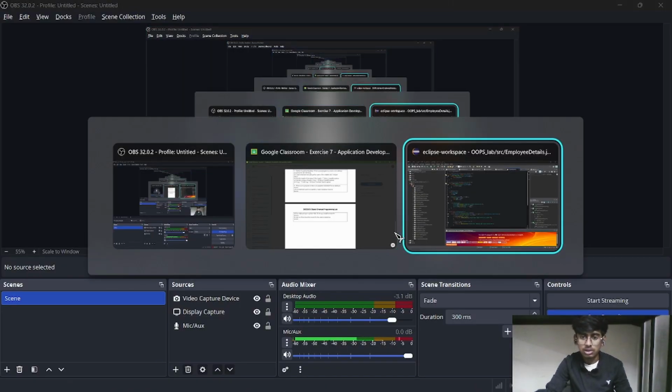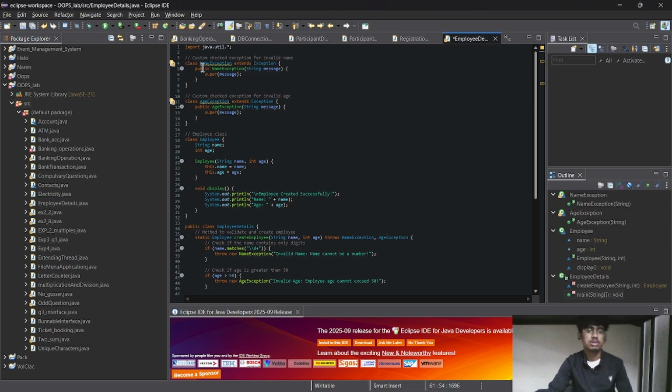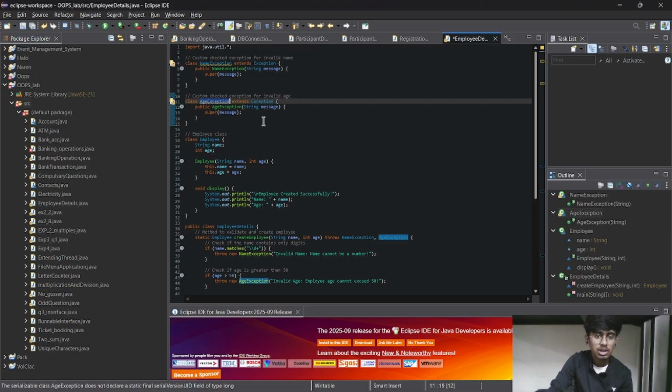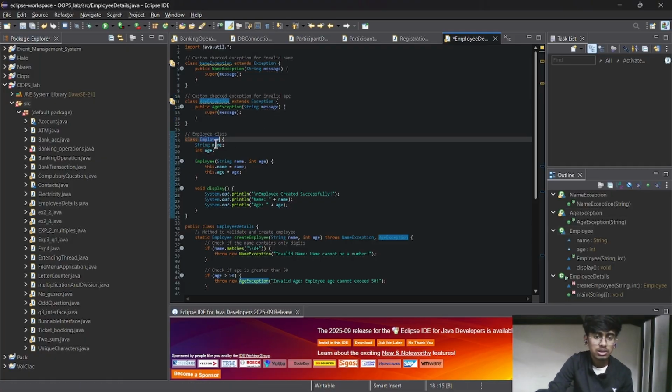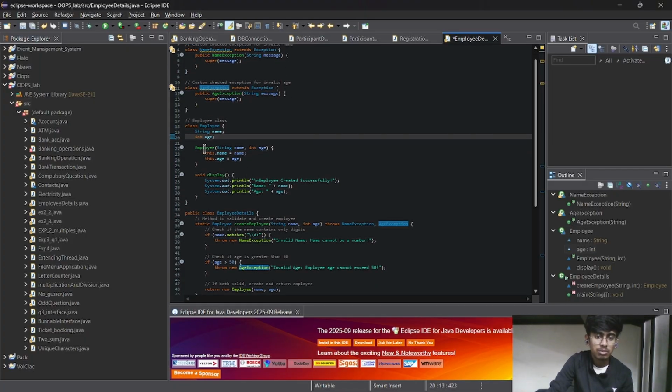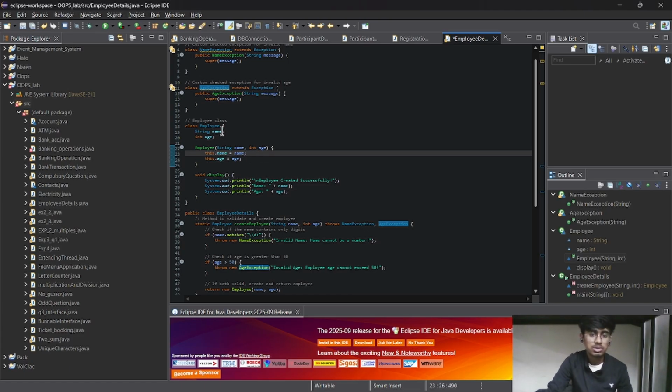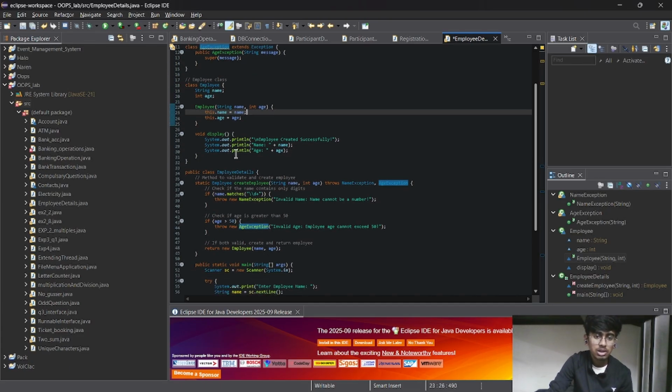exception. And the code I've used is this, and first we are defining the unchecked exception, class name exception. This is for the number entered in a name column, and this is age exception when the age of the employee is greater than 50. And this is our class, and this class contains string name and int age, which takes the input, and employee. This keyword refers to this current name and age we are using,